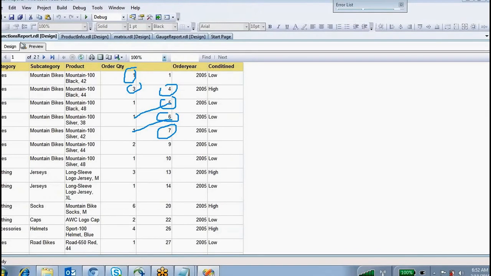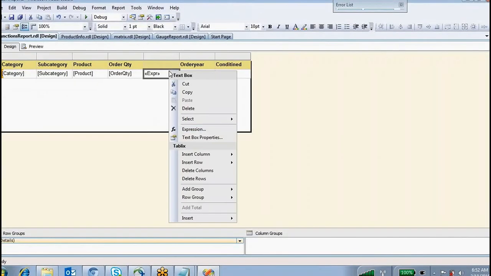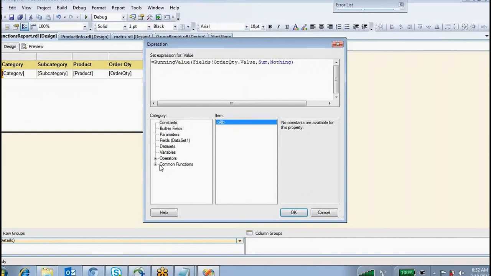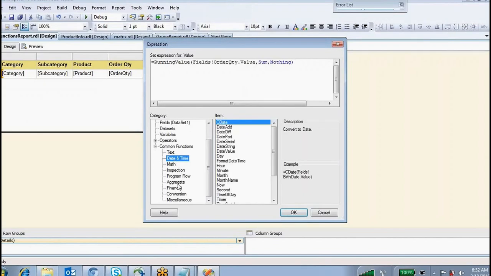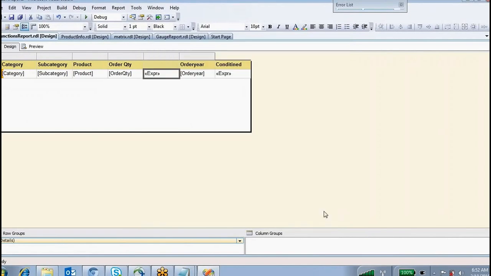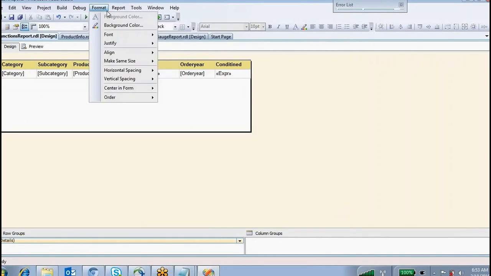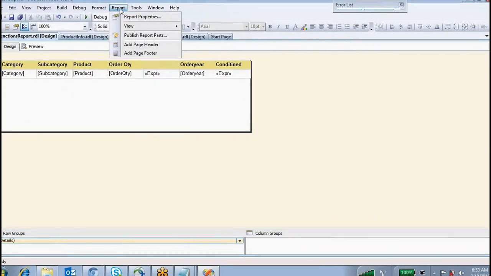Got it? Right. For example, if you are not finding some of the functionalities you need, and you want to write your own function, in SQL Server we have written SQL functions, right? User defined functions. The same way, if you want to write a function inside SSRS, you have to write VB code, Visual Basic code.